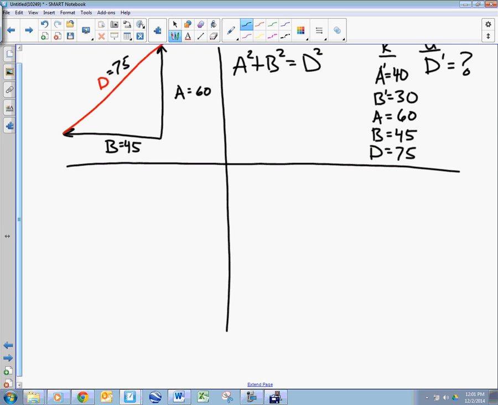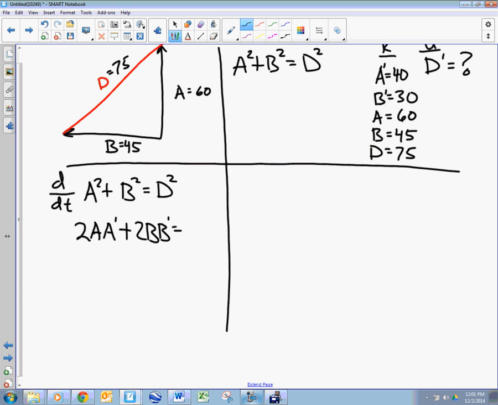Sorry, we all make mistakes. I'm recording. All right. So we're going to now take the derivative with respect to time. What's the derivative of A squared? Say it again. Close. 2A A prime plus equals